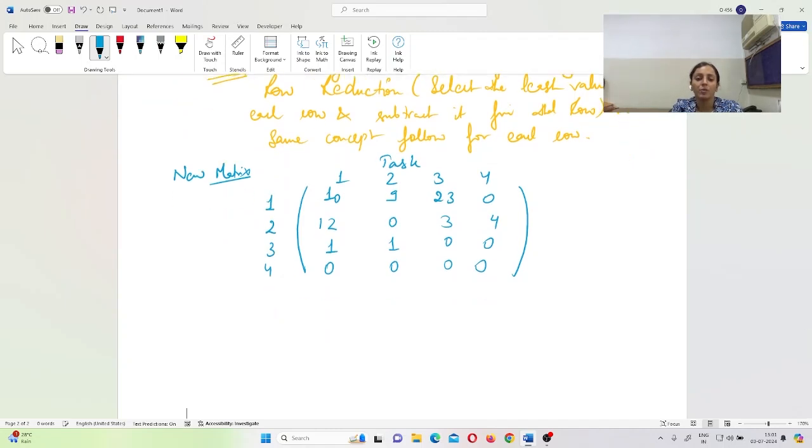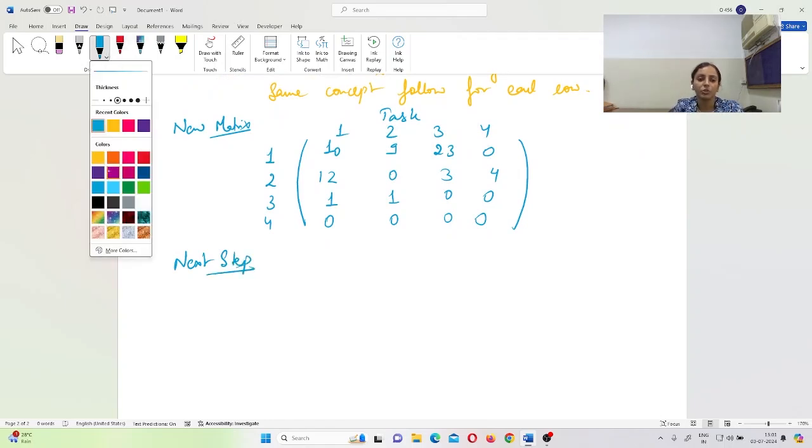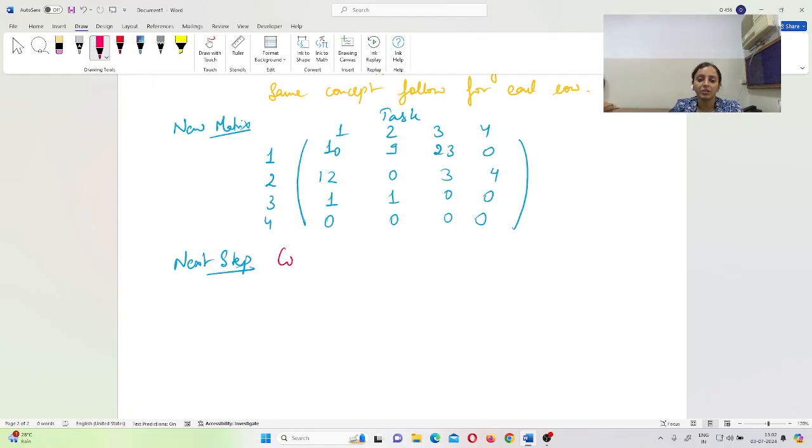Hope it is clear. Now coming up to the next point, that is the column reduction. Your next step now is column reduction. So you just have to do the next step, that is column reduction. And for that also what we have to do, we have to select the least value from the lowest value. You can also say least or lowest. The same word is there. Value from each column